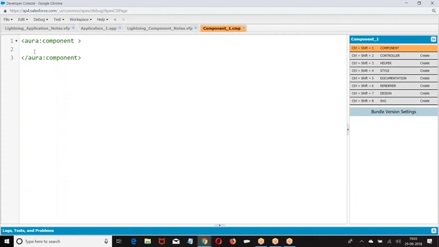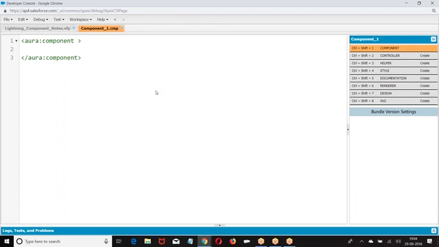Similarly, Lightning component you have created. This will not run by itself. Either it should be called within an application, it should be called within a button, it should be called from a tab and XYZ interfaces. Lightning component alone will not run. Right. So when I created an Aura component, every Lightning component will end with a .cmp. Every Lightning component will end with what? .cmp. Extension of this Lightning component is a .cmp.